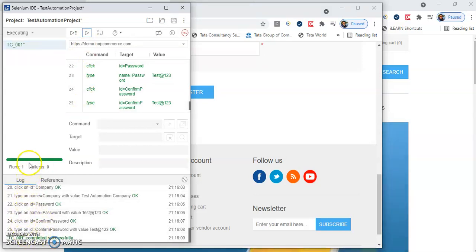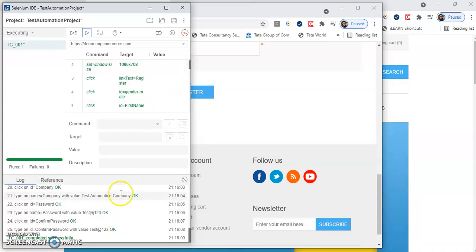It has given runs 1 and failures 0, right? This is your log where you can see the steps one by one, which statement has passed and which statement has failed. So you can see all your logs.